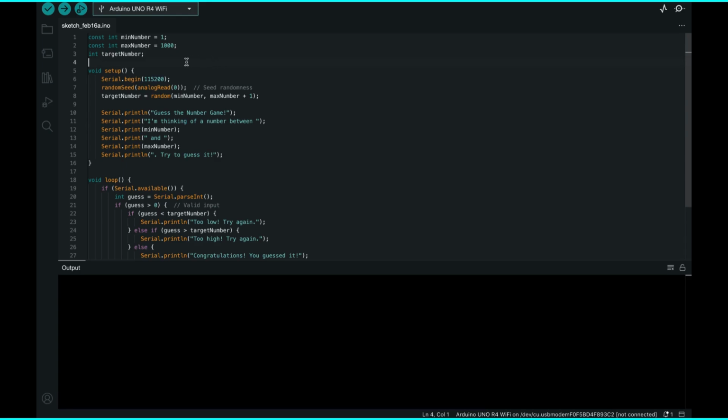And then it defines, well, not yet defined, but it declares a variable called target number. That variable is not yet in use, as you can see by that semicolon, in modded C++, essentially. But then we go to void setup, and you see it starts at this baud rate,